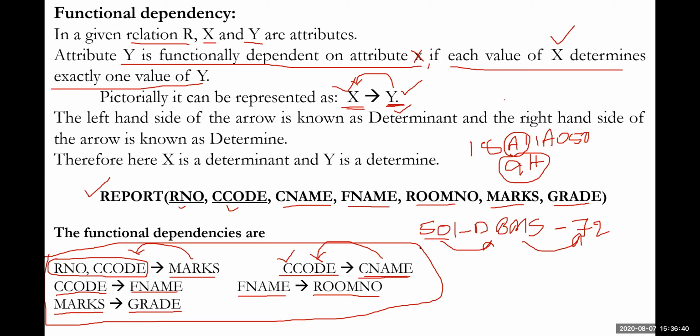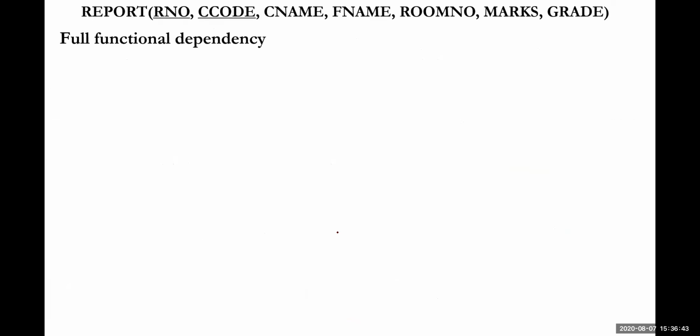Now let us consider fully functional dependency. What do you mean by fully functional dependency? When you hear this term, you must immediately remember that there must be a candidate key. A candidate key means a combination of two primary keys, otherwise called a composite primary key. It must be there in our schema. Then only can a fully functional dependency be available. Otherwise, there is no fully functional dependency.